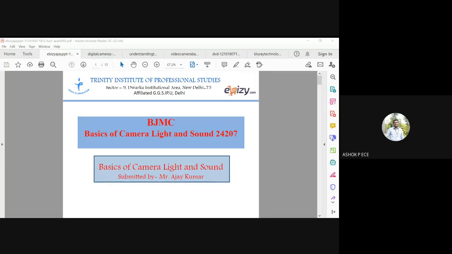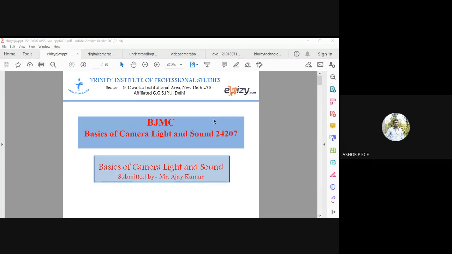So yesterday we finished with the display devices. We started with the CRT, then we saw the LCD, LED, and other display devices. And now we are going to the last section of Unit 2. It is going to be cameras, digital camera, camcorder, how it is going to work, and DVD and Blu-ray technology. So we'll try to cover them at the end of this class today.